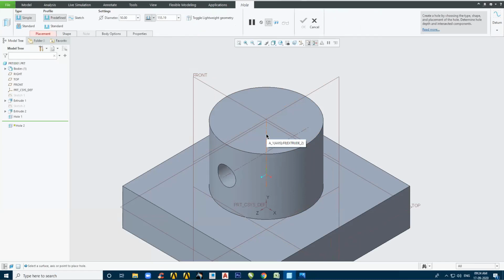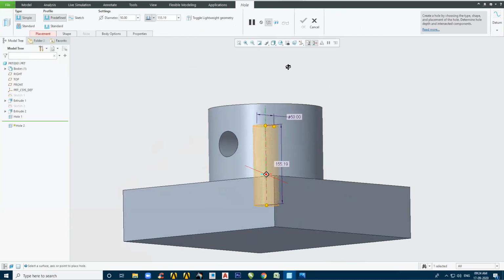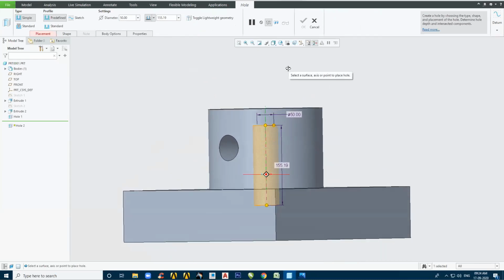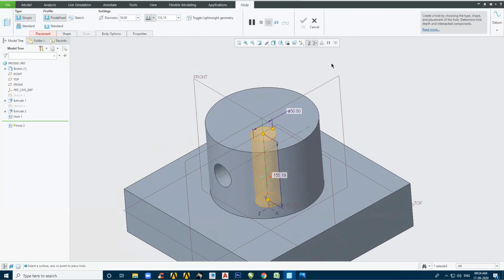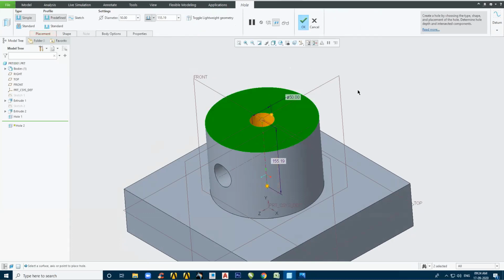After clicking on this axis, a hole has come and the first reference is given. After giving the first reference, I am holding down the control button on the keyboard and I am selecting this top surface. Okay. Simple. This is called a coaxial hole.